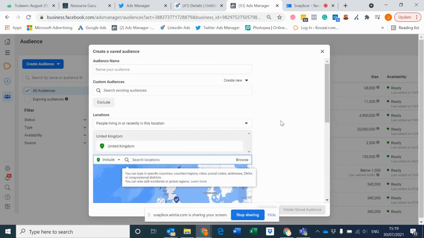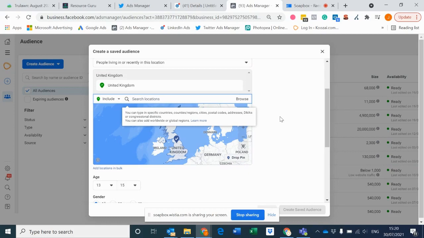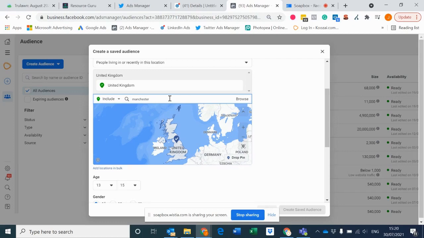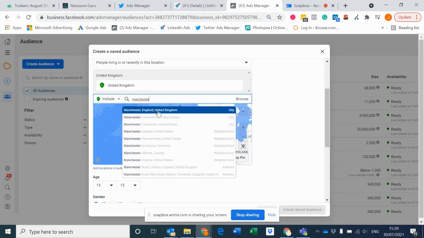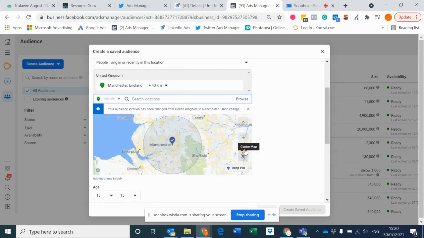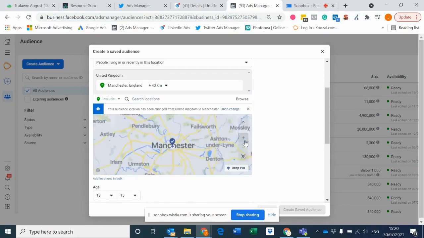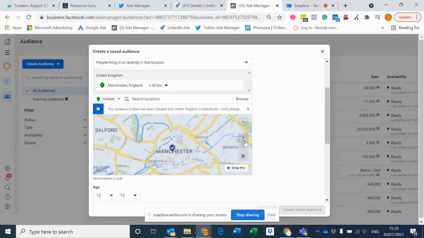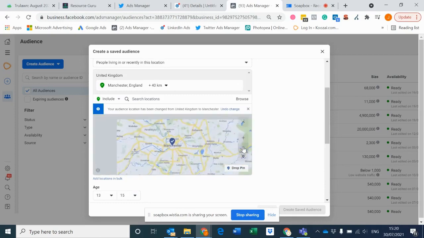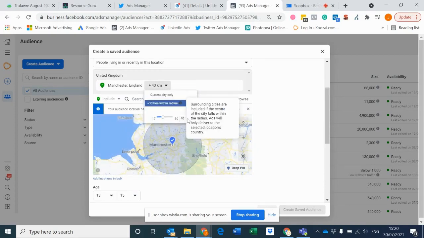But in order to get around that now, the best thing that you're going to be able to do is use location. So let's say, for example, you're looking at Manchester Uni and you're trying to get people to come to an open day. One of the best things that you can do is narrow this location down by a